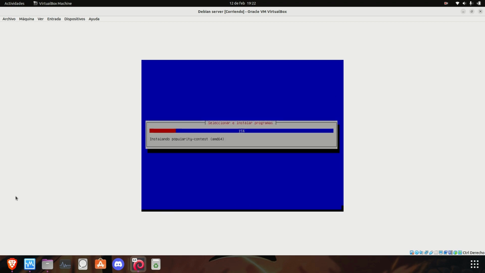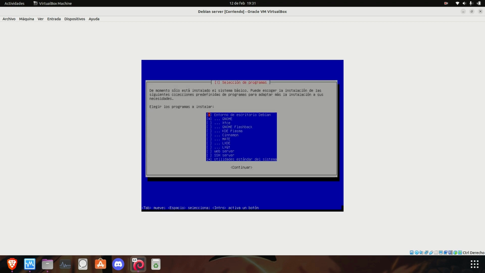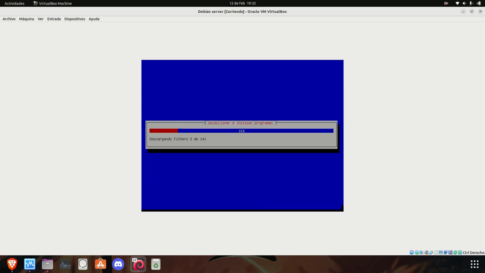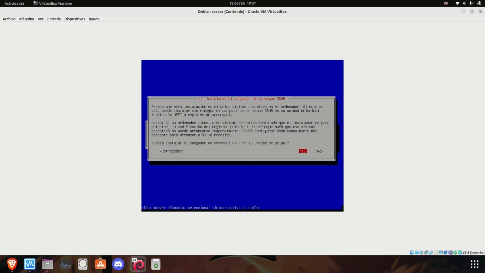I'm going to select no. I'm going to deselect the GNOME interface, and we will start the SSH server later. We click to continue, and we click next. It's saying to us that the GRUB has to be installed. It's saying to us also that we don't have another operating system on the computer, so